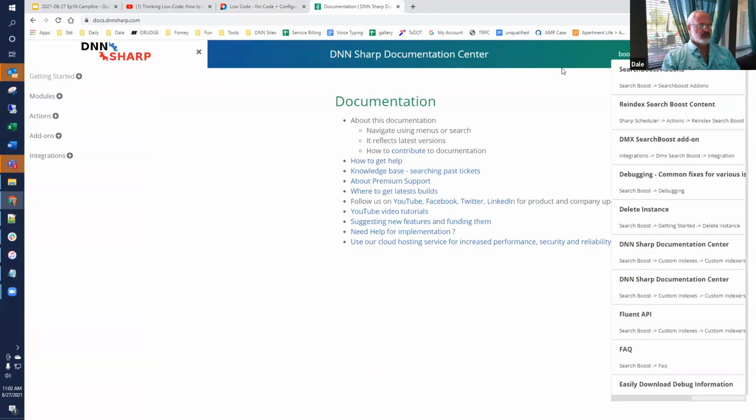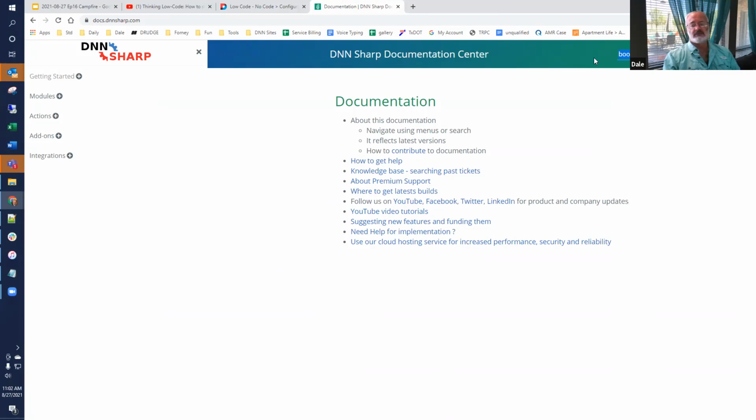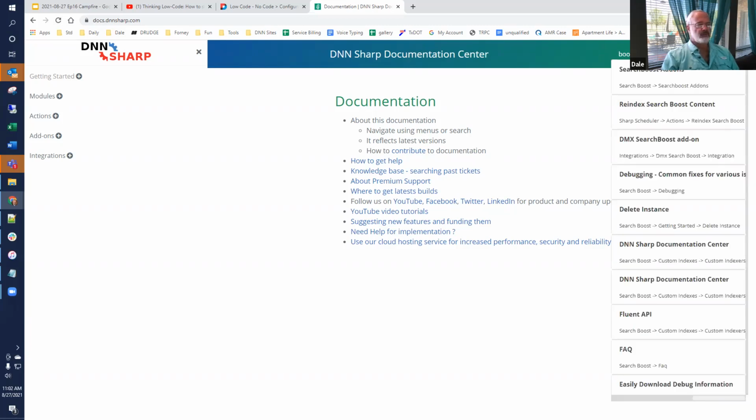There was a question about results being returned to another site by API. I'm almost certain that the answer to that is yes. On our DNN Sharp, I'm pretty sure that this content is actually somewhere else, and as I'm starting to type, it's getting the answers from elsewhere. So it can, but I haven't actually set it up that way. So it might need a little bit of research.